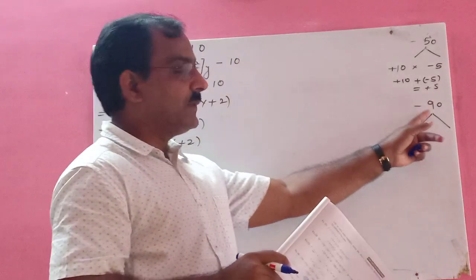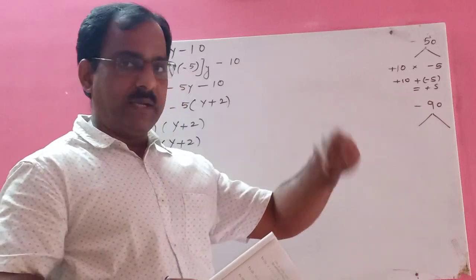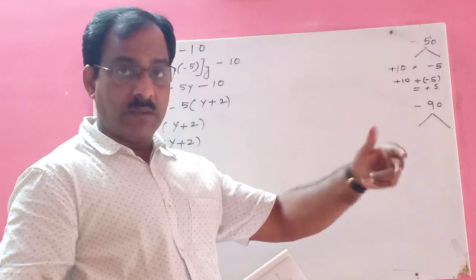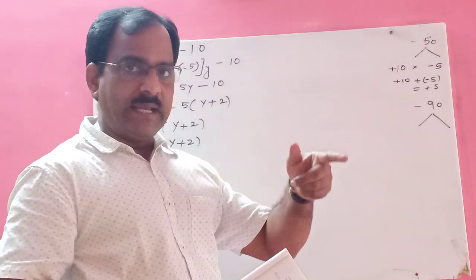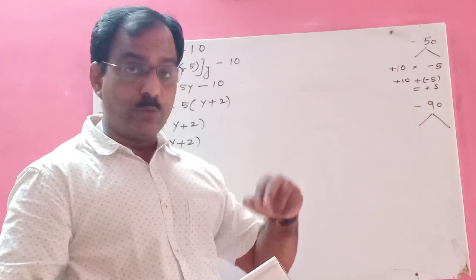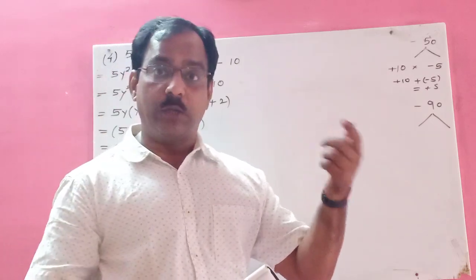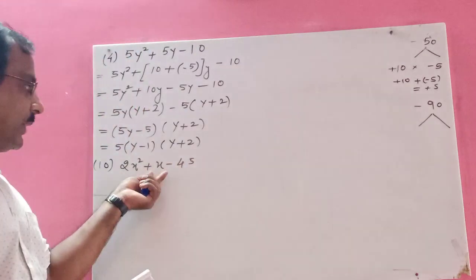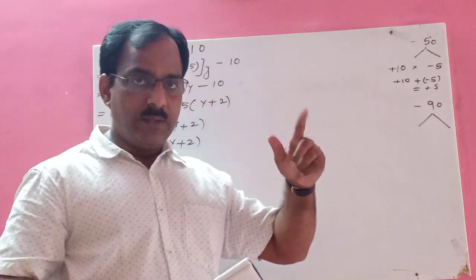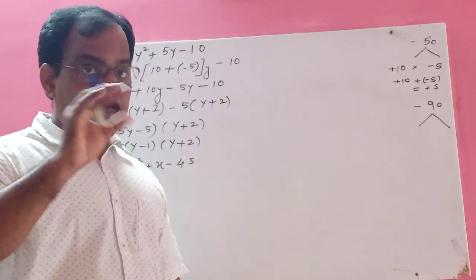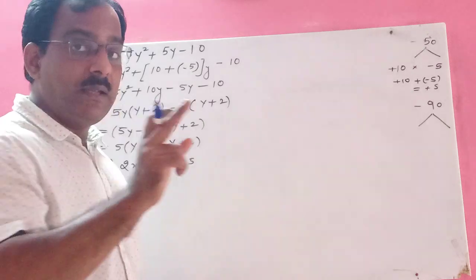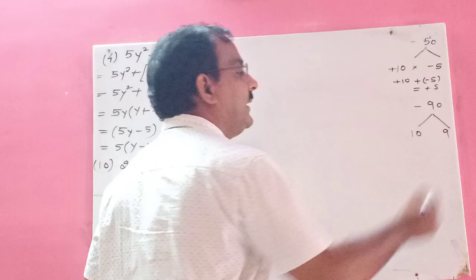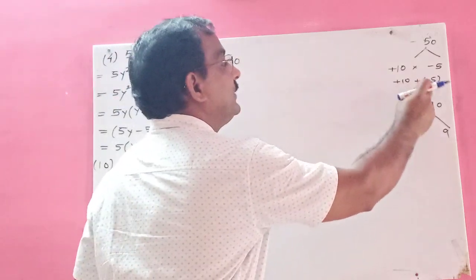How will you start this? 90 comes in which table? 1 90s are, then 2 45s are, 3 30s are. Okay, like this you will come. Finally 10 nines are, because 1 90s are, so 1 and 90 is 91. 2 45s are, 2 plus 45 is 47. You will not get 1. Then 3 30s are 90, but the sum you will not get 1. So 10 nines are. Now see, 10 nines are, the sum becomes 19. But I said in the previous sum that out of these two, one number should be negative. Like here you got the sum of these two as plus 5.